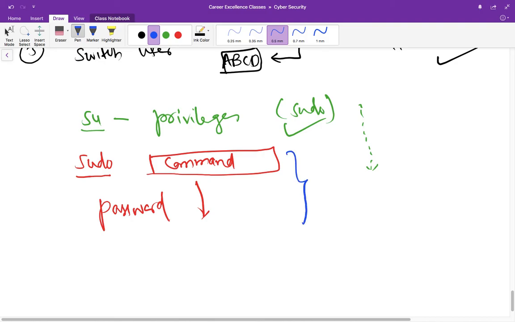Because this is one command. Once you execute this command, it is done. If you want to execute another command with sudo privileges, you have to again enter sudo and then the command, and it will go on, right? So this is how you can work with su or sudo. Both are similar, but sudo is more secure.